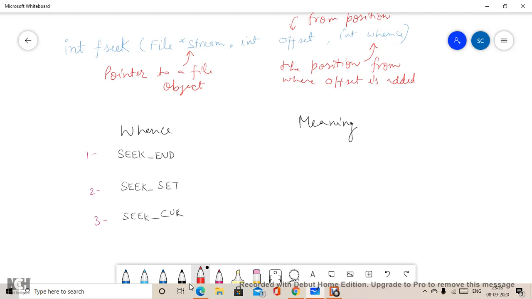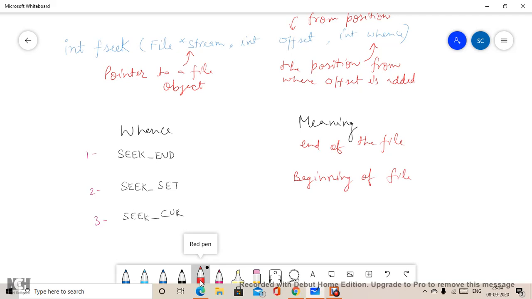When we use SEEK_END, the start of the offset is from the end of the file. Let's write it in short: end of the file. The second one is SEEK_SET, meaning the starting of the offset is from the beginning of the file.